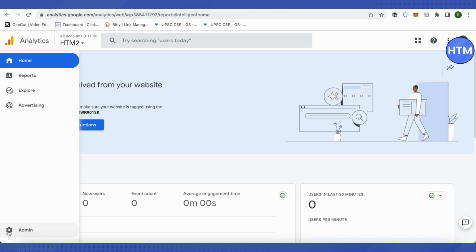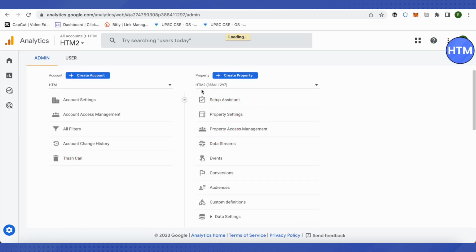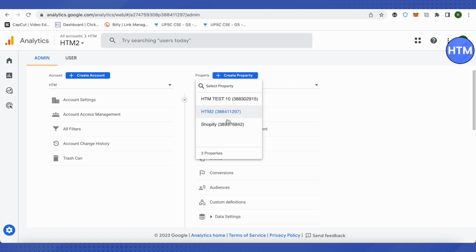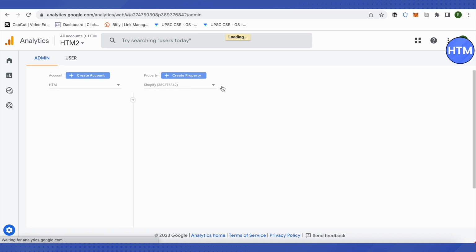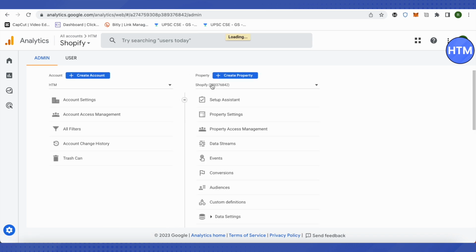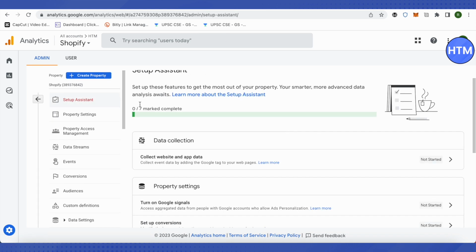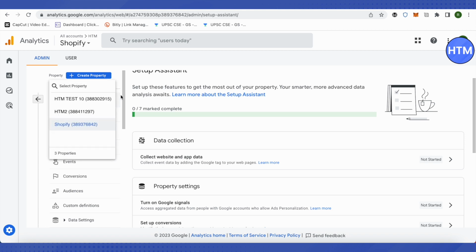Now let's get back to our admin section, and over on the properties you will be able to see this drop down menu. Just click over here and you will be able to see Shopify over here. Just select it and copy this tracking ID of Shopify. Click on setup assistant and also copy this particular Shopify ID and paste it over on the Shopify in the